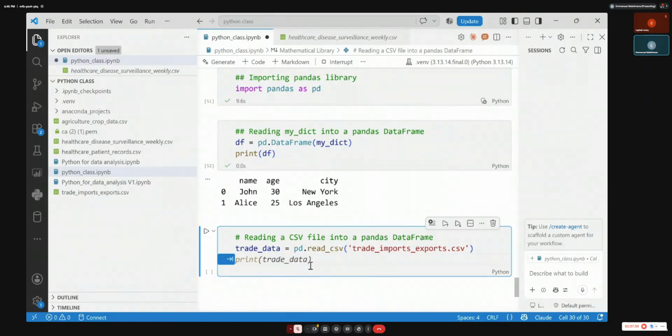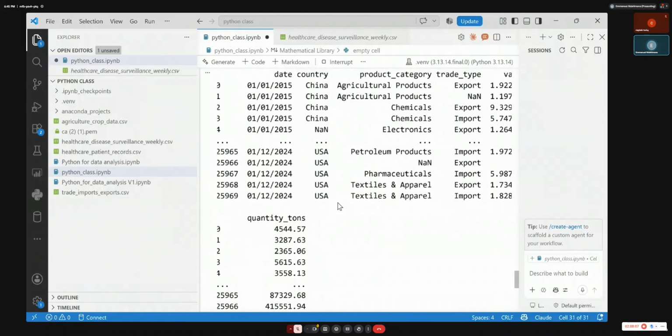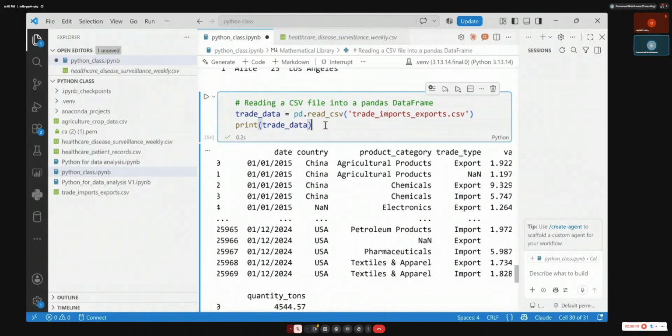So now if you run this code, you can also go and print this data frame. If I run this, it will show me all of this table, but this looks weird. Let me not print it. If you print it, it will come all of it. That's why it's a lot.